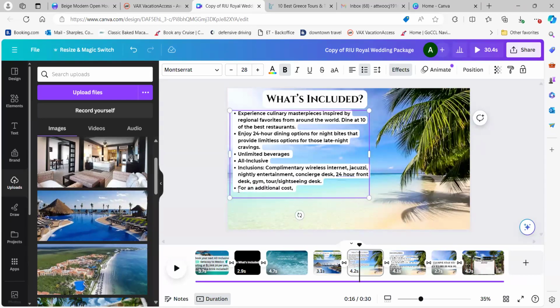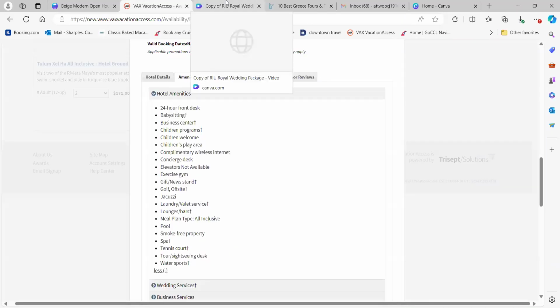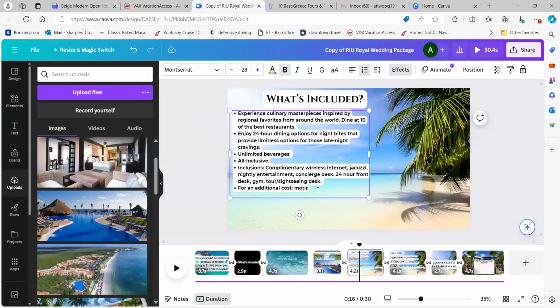You can put in motorized, I think I said motorized water sport or just water sports in general. So it's water sports and non-motorized. They could put water sports. There's a spa and a tennis court. So it depends what it is that they're interested in, but you can put that on here as well.